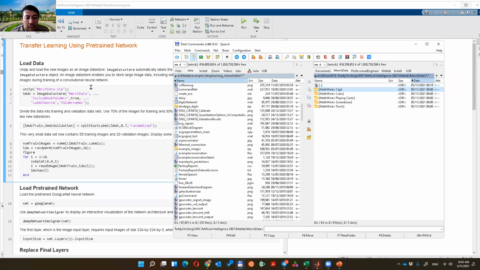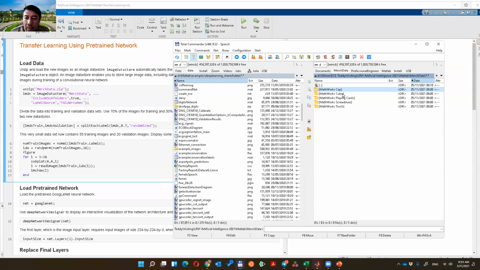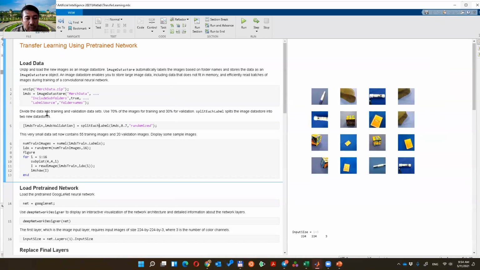So what we'll do, this is unzipped. We put it in the image datastore. It includes the subfolders, all the subfolders here. 15 by 5 classes, so you have 75. Then divide the data into training and validation. Because I have only a small set, I don't have the testing. I just need to see the performance on validation. That's fine, so this is for development. But for production, you need to have testing. So you have 70% here, randomized. I have 15, so 70% goes to training and 30% goes to validation.